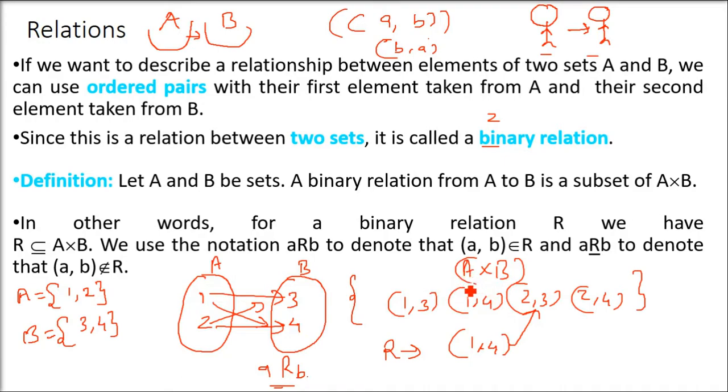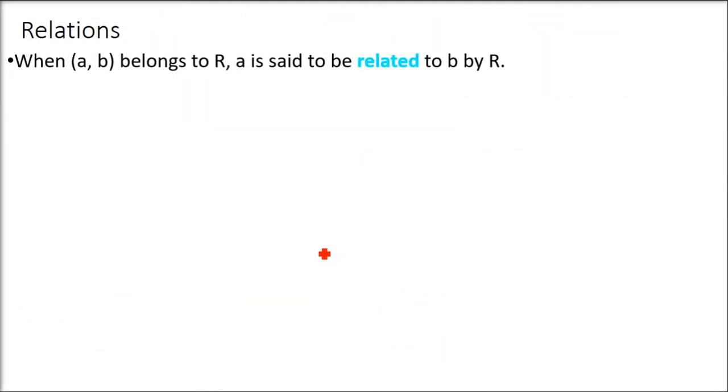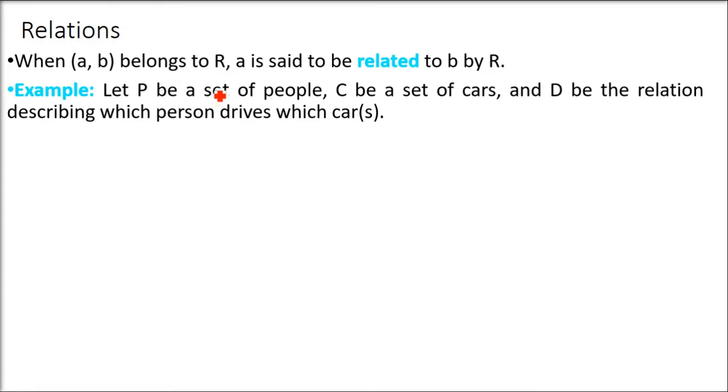What I'm trying to suggest here is, first we take A cross B, that is the Cartesian product. A subset of this Cartesian product will be a relation, and a relation comes with some definition. So only certain ordered pairs will come out for a particular relation. There are different relations, or you can say different sentences. When (a, b) belongs to R, we just saw the ordered pair belongs to that relation set. A relation is also a set of ordered pairs. So a belongs to set A, b belongs to set B, and these are related by R.